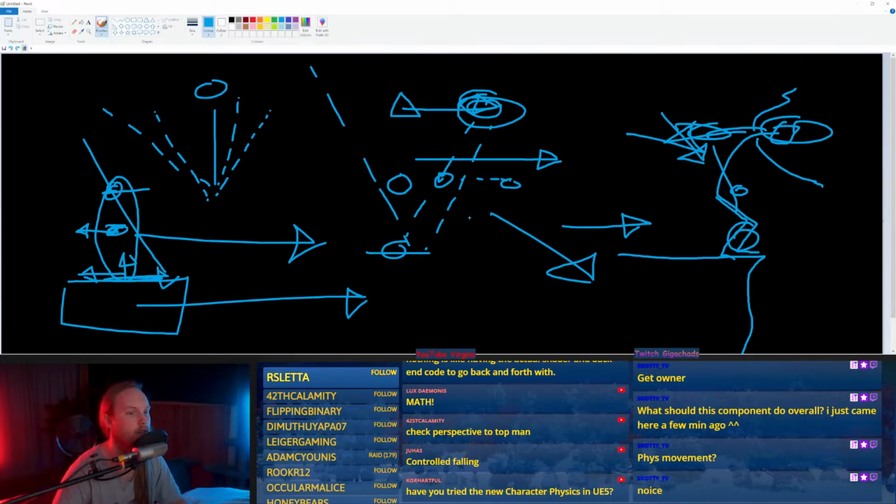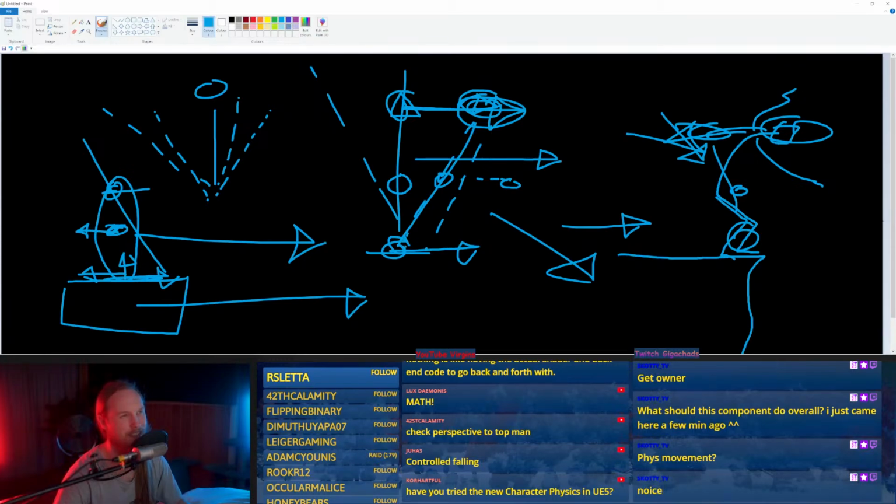So the way that movement is going to work sounds kind of unorthodox, but rather than moving the entire character as one body, like any other character movement component would do, we instead shift the balance of the character forward like this, and then the feet catch up to that.